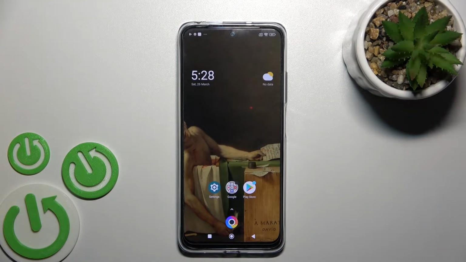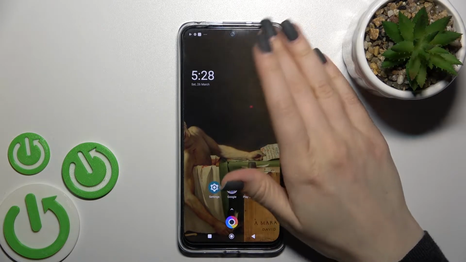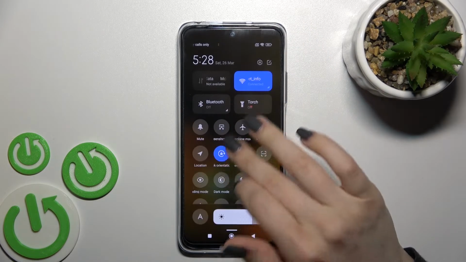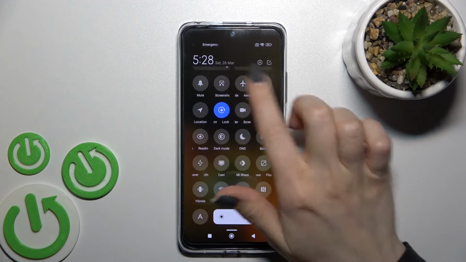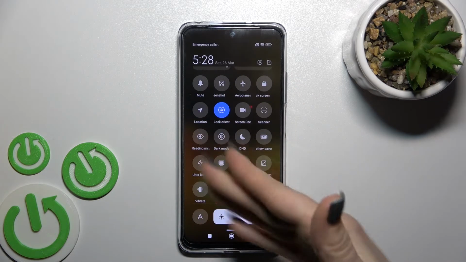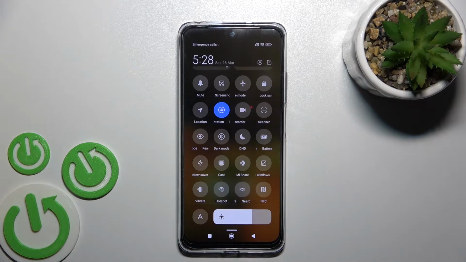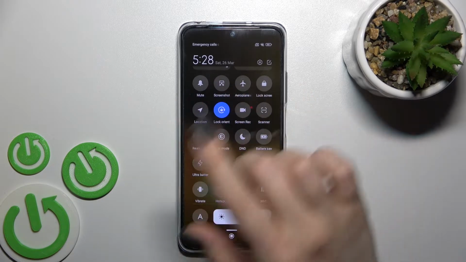Welcome to in front of me Poco M4 Pro, and I'll show you how to edit notification panel shortcuts on this device. So first you should go into the notification panel here, and as you can see, we got here all our available icons on our top bar,